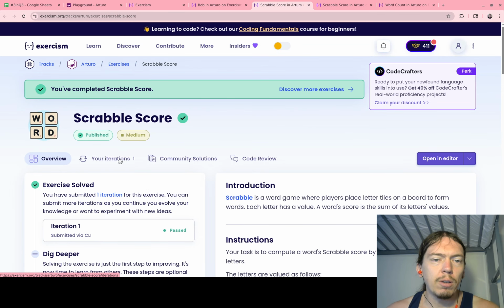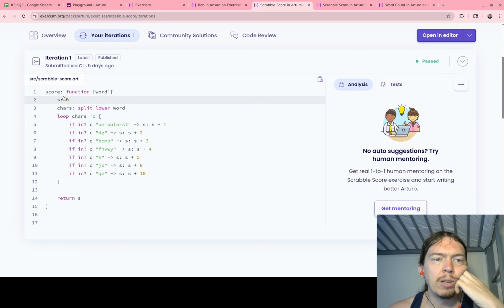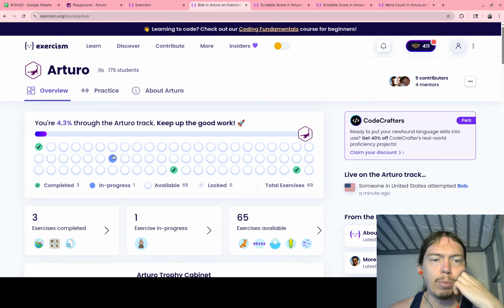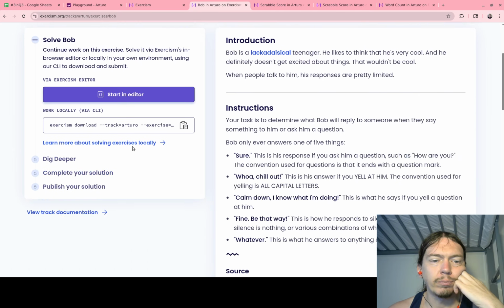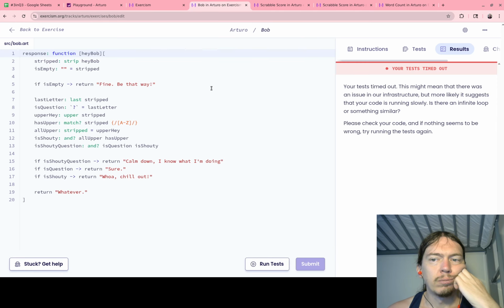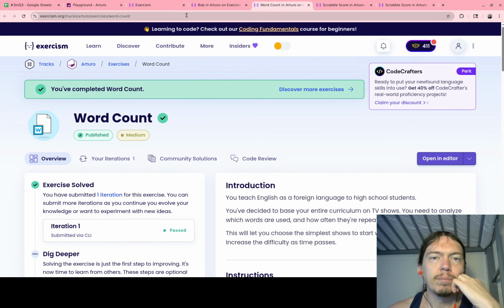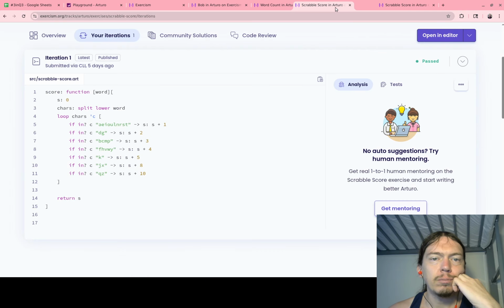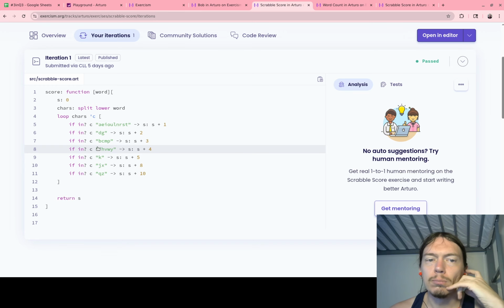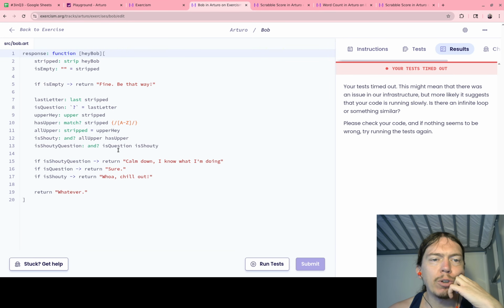So for this one, Scrabble score, very simple, right? Doesn't seem so different from what I did here for Bob, I don't think. Maybe? So we did return S. So here I'm returning literals, right? Could it be